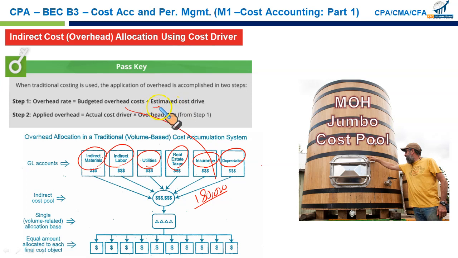Then we establish a suitable driver, the denominator. It could be the estimated number of units produced. It could be the labor hours, or any driver that you think is suitable to serve as a denominator. Let's say we produce products A, B, C, and D, and we have estimated certain numbers of A, B, C, D to be produced, and the total labor hours that might be required is 10,000. So we have taken the labor hour as our cost driver. If you calculate the rate, it's going to be $18 per labor hour.